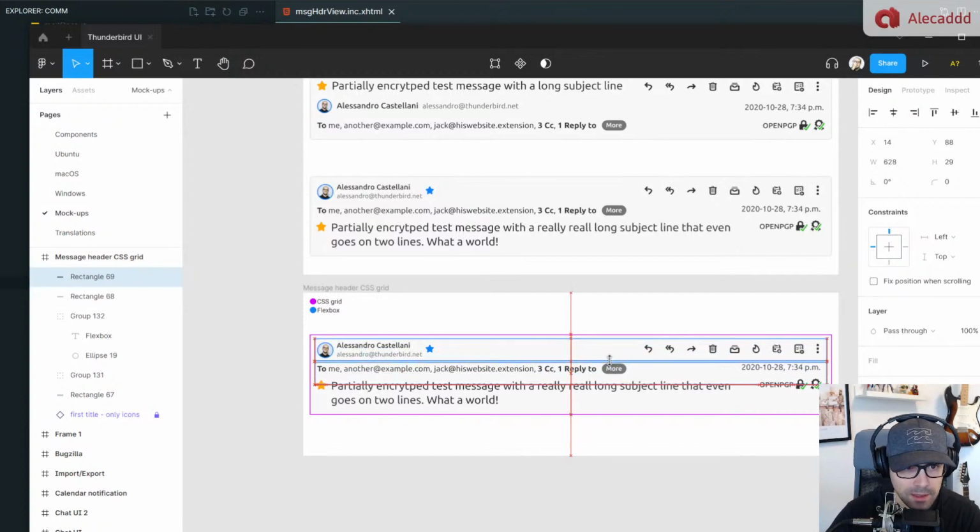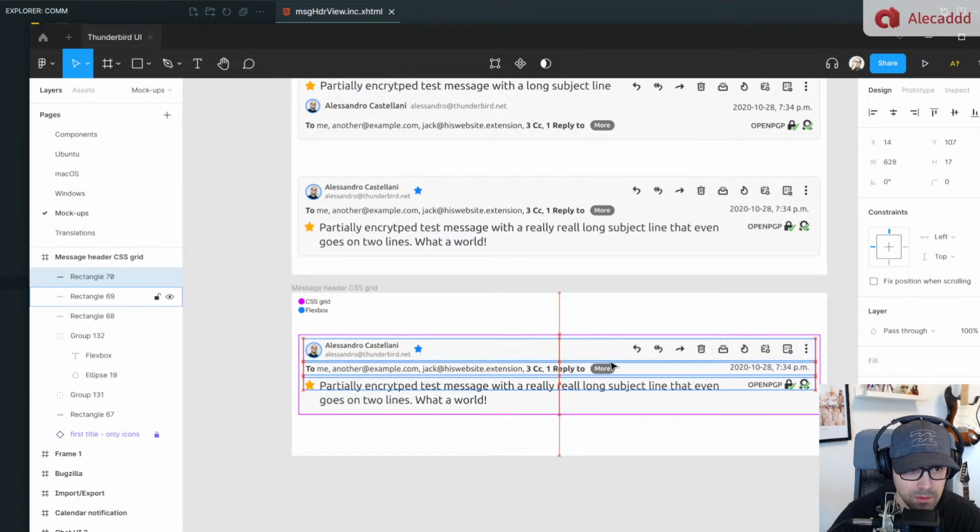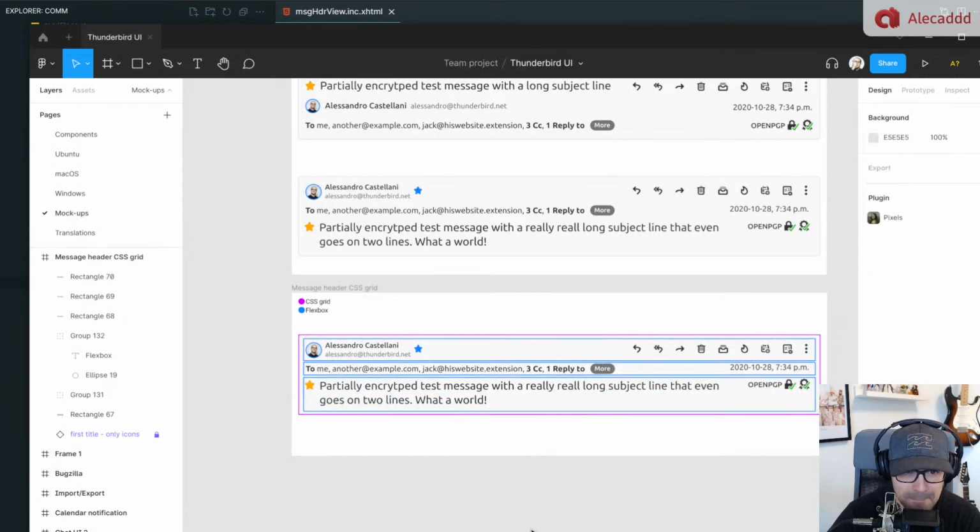Then we got the second row. And then we got a third row. Okay, so we got these 3 main rows, and it doesn't matter how many things change